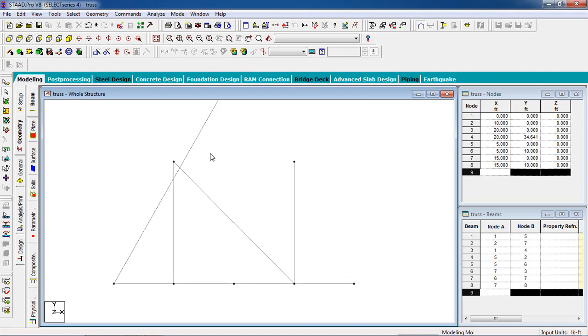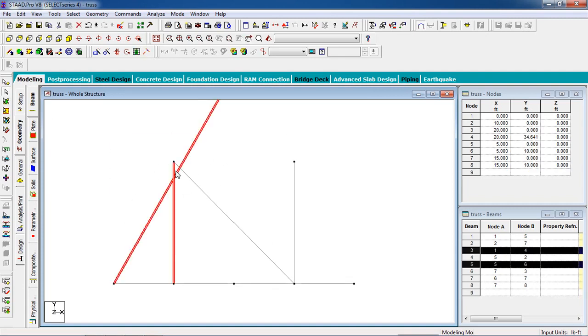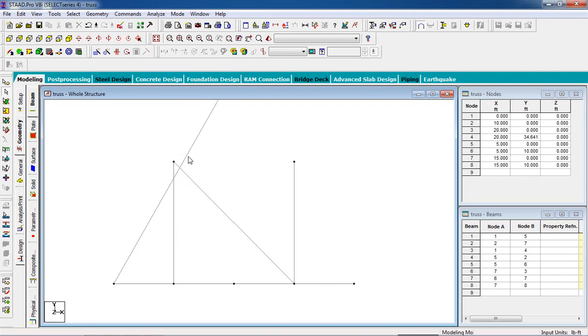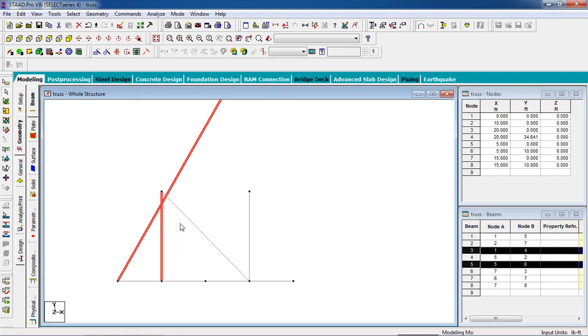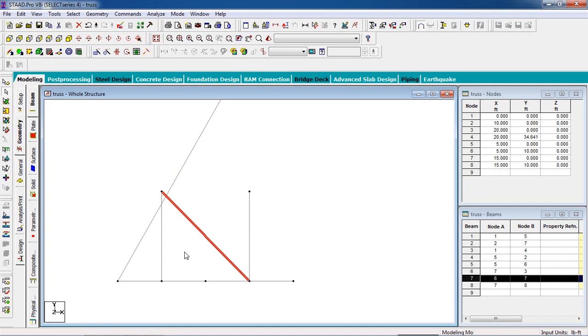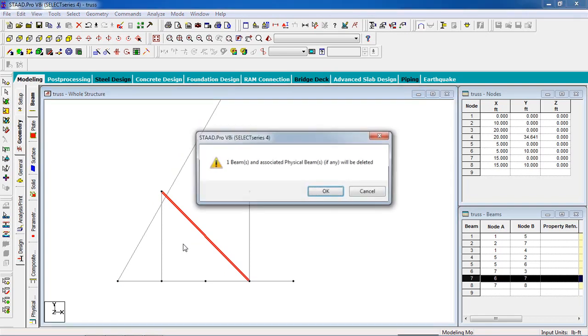This is 60 degree, so we have to cut these two beams. Okay, now we don't need this member, so delete it.